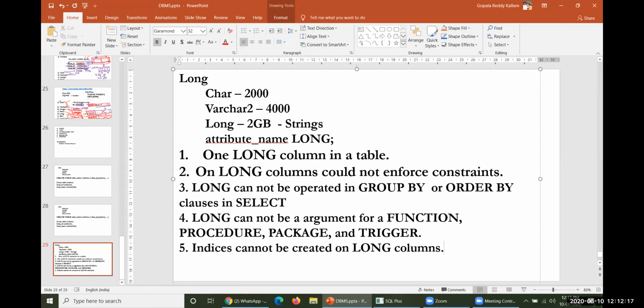And you must take care while you use the long data type in your table or any other kind of SQL object. So finally, what is the conclusion for this particular long? Long can be the substitute for character and varchar2. If the data is not sufficient to be stored in one particular column by character and varchar2, then you are expected to use long.